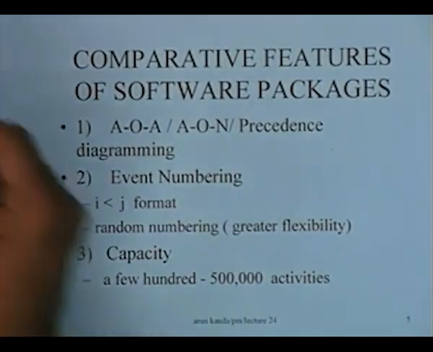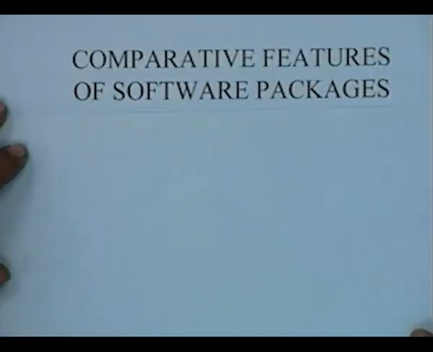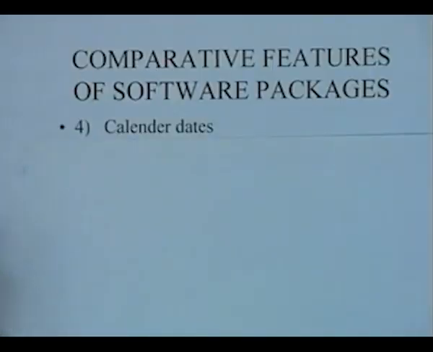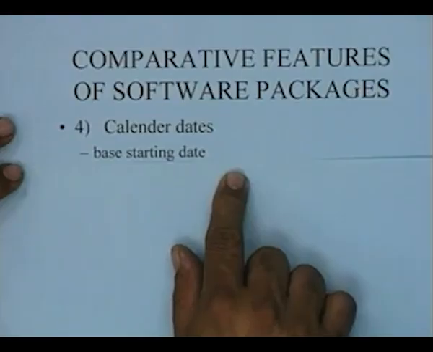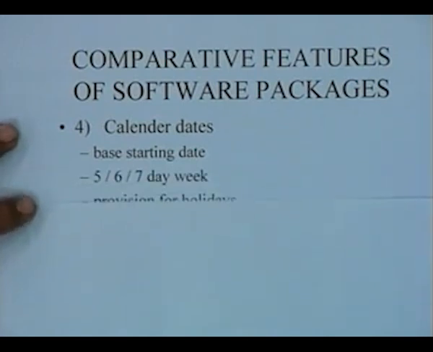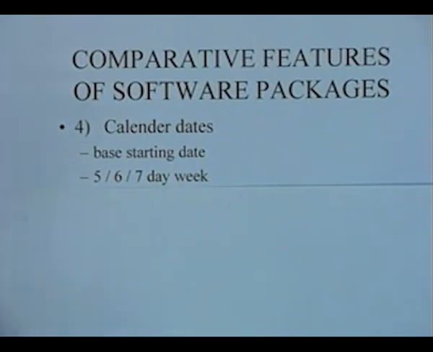Then the fourth feature which needs to be compared in software packages is what we call calendar dates. Whenever we prepare a schedule, we would like this schedule to be translated into working days on the actual calendar that is being followed by the project staff. So there is a provision in most of the packages to adopt what is called a base starting date, and then depending upon the base starting date you can set either a 5-day working week or a 6-day working week or a 7-day working week as the case may be,